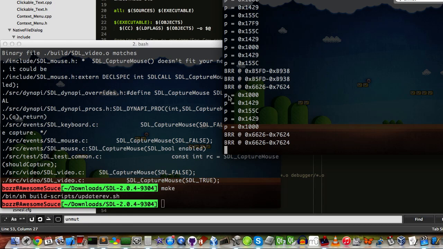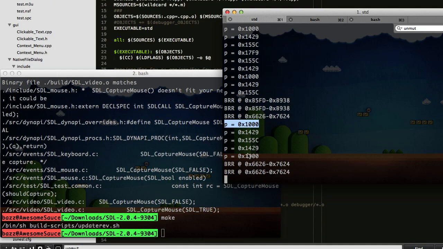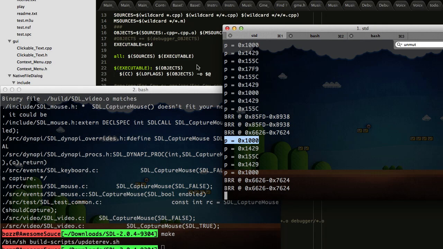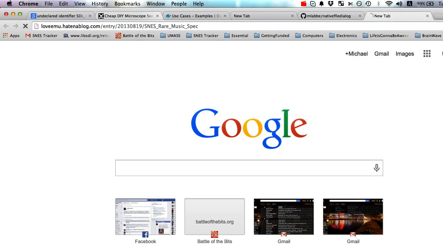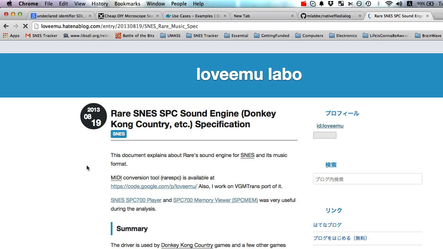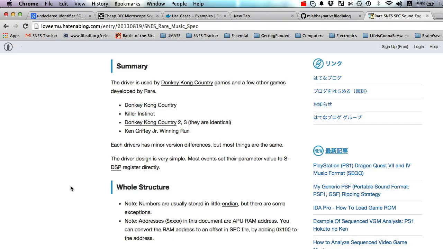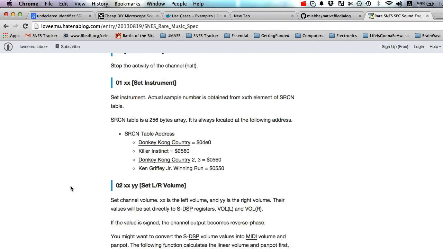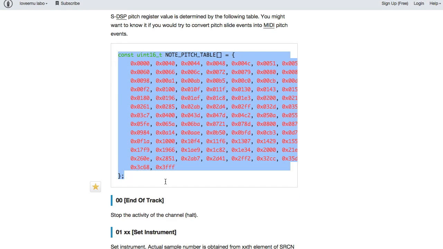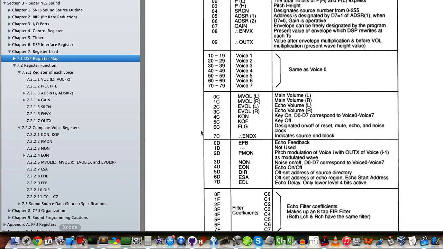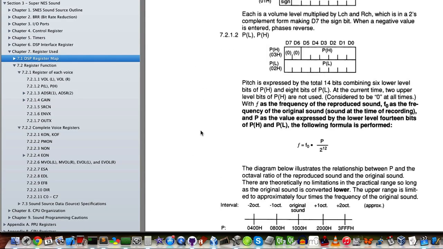Oh yeah, all these pitches. These are all SNES DSP pitches that correlate to the actual chromatic scale. I actually calculated my own, but these values aren't my own. I'm not using mine right now because I found someone who posted about Rare, the company Rare, and their work on the Super Nintendo music engine, and they posted this pitch table. So I use this right now, even though I feel like mine might sound better, simply because, and I might be reading this wrong, if you read the